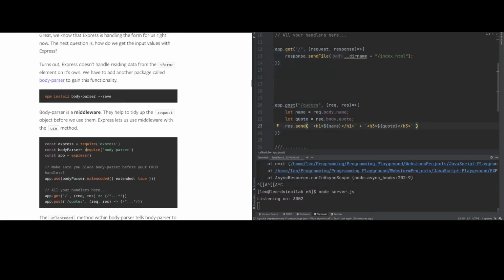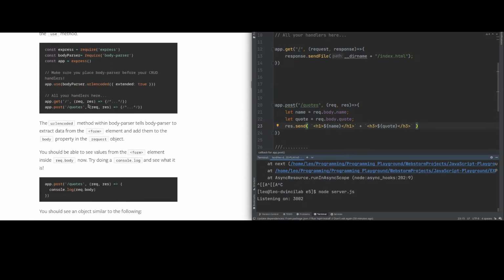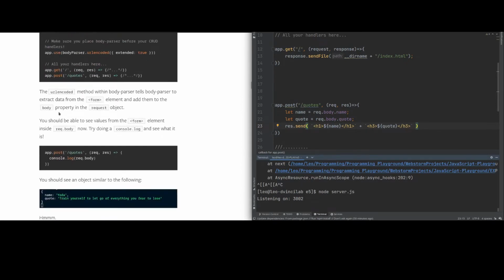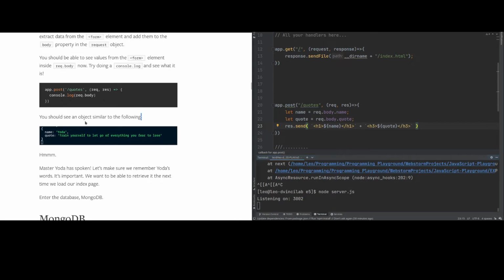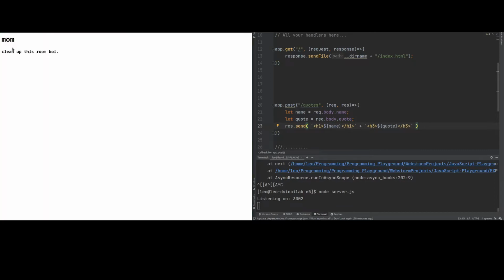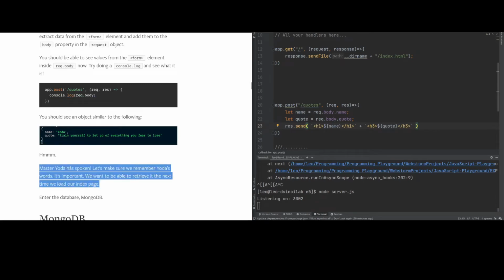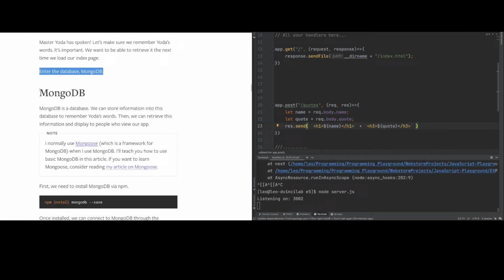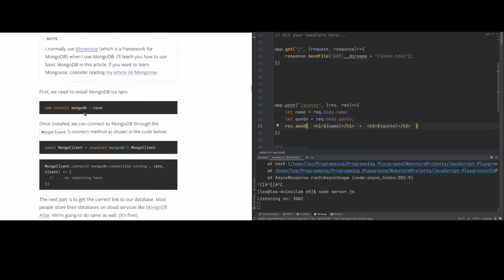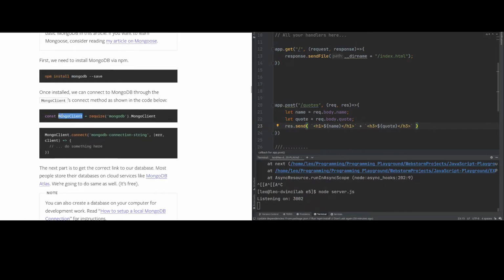Okay, so where are we at? Parser, middleware, we've done that. Got that in. So we console logged that to the body. We've seen that. We didn't even console log, we sent it to the page, so that was kind of dope. So now we get to the database stuff. I'm not even gonna go through this just because I've done this already. I installed this database. This is the part that I need though,